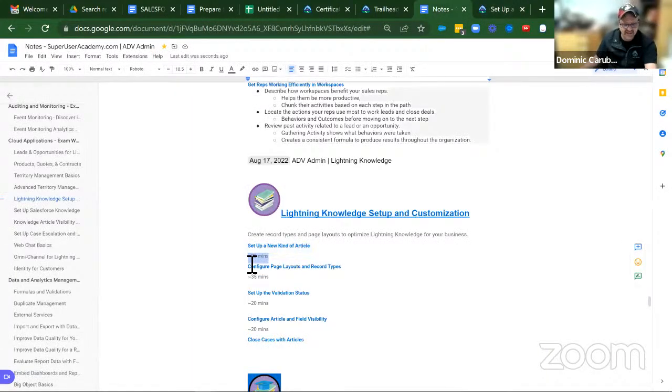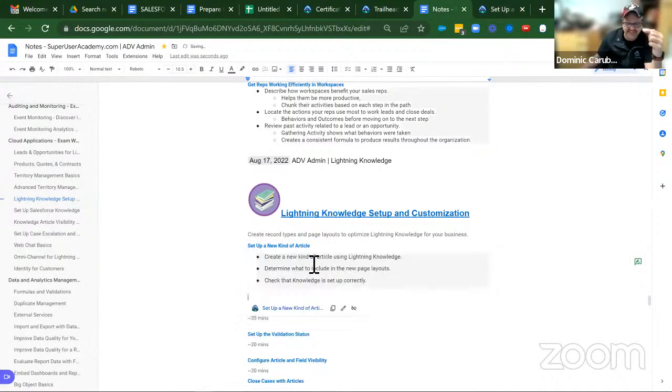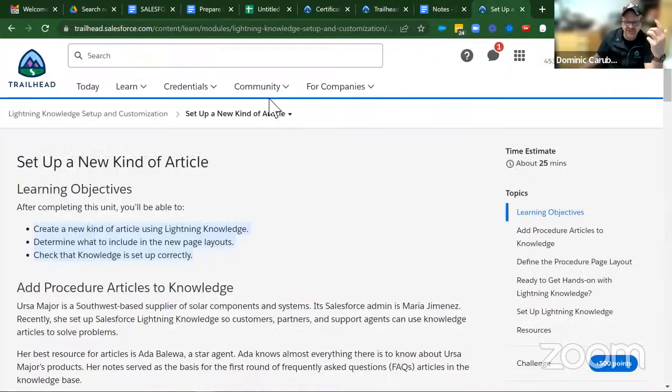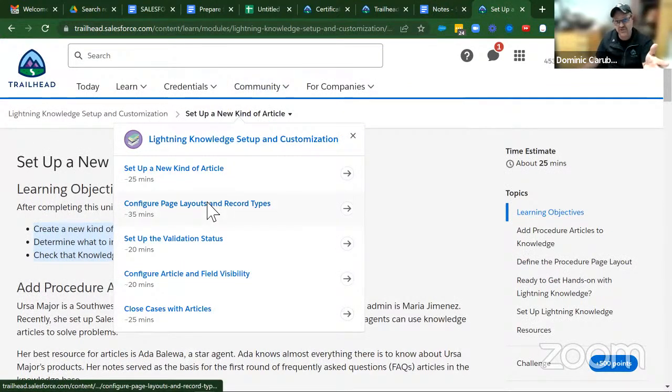So this is good fundamental stuff. I'm going to highlight that. These are the learning objectives for each section. So first and foremost, I'm going to put together all of our learning objectives in this article. If you want to copy this article, go to